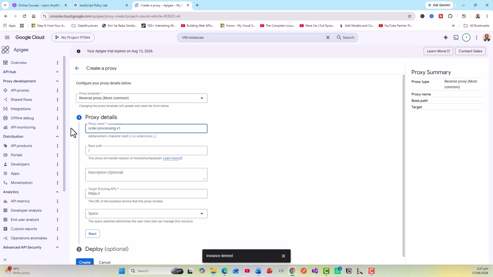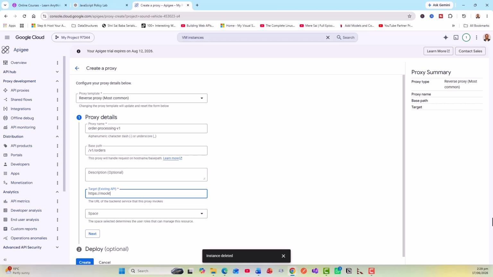We'll give it a name, order processing version 1, and with the base path context pointing to /v1/orders, because it's a collection of orders. Now I'm leaving the description as it is, and in this field I'll have to fill